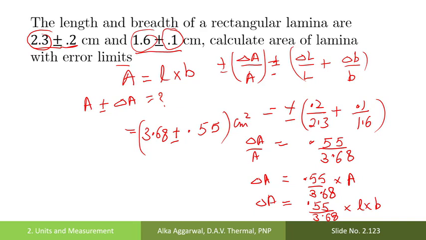As in the measured quantities, the number of significant figures is 2, we retain the result up to 2 significant figures. So it is 3.7 plus minus, and in the measured quantities the minimum number of significant figures should be 1. So we drop the 5 followed by nothing. So this number is raised by 1 and the rest will be the result.